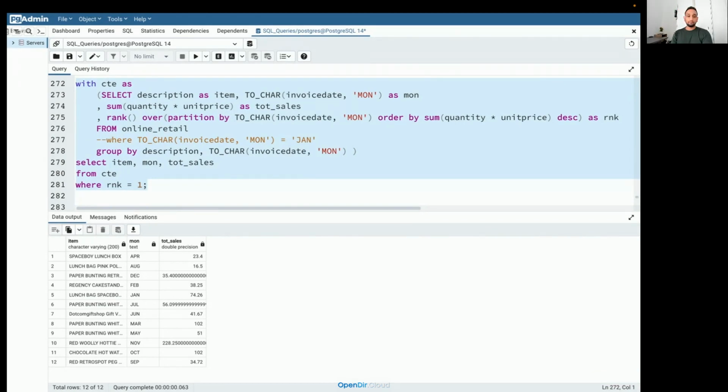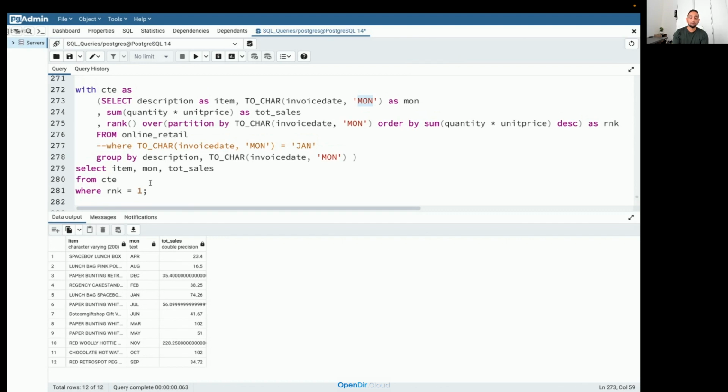How to order by month? I'm not sure if we can. Okay, so this order by month, right? There's one way of doing that. Instead of taking this MON, I can basically take the YM, and then it will take the ID. Then I can sort based on that. But then here I also need to display the month name, right? So I'm not really sure. I think probably there should be a way. Not really sure about that now. Maybe I'll get back to you on that.